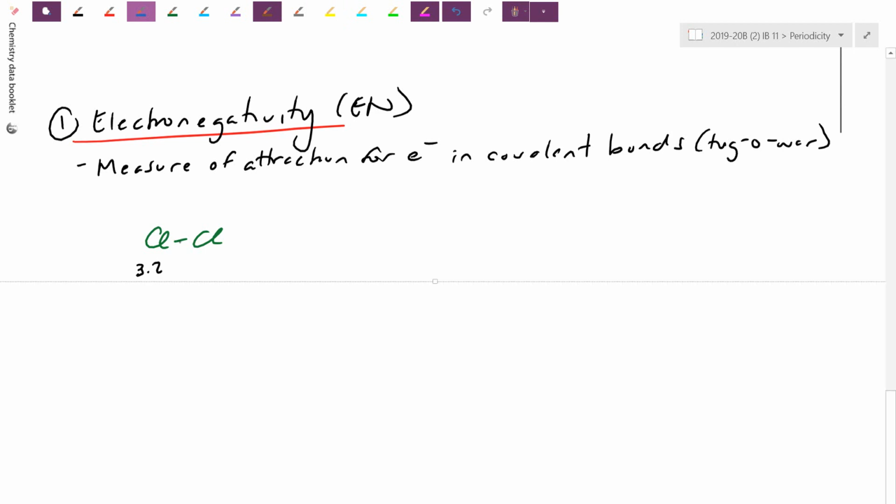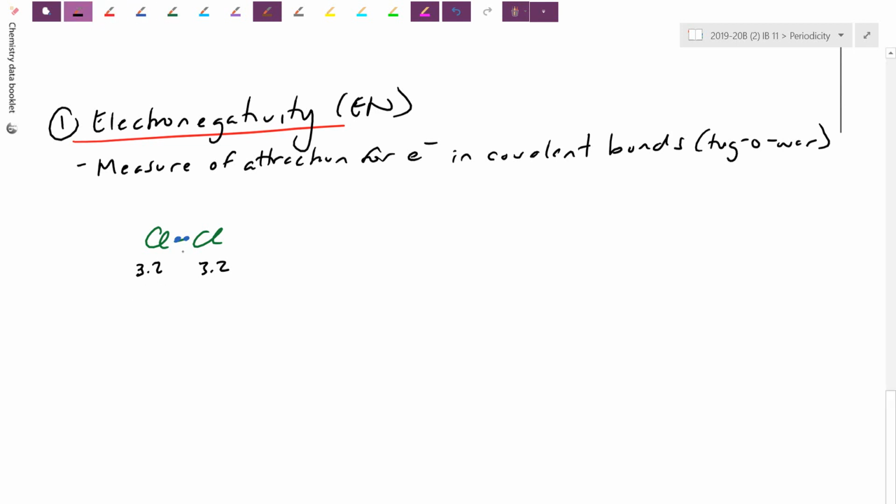So in this case, for a diatomic molecule, we're going to see in the next chapter that 2 electrons make up a bond. Although we're supposed to be sharing these in a covalent bond, the 3.2 actually indicates how much of an attraction I have on these electrons. Because chlorine is tug-of-warring against himself, 3.2 and 3.2, in this case, although these are absolute electronegativities,